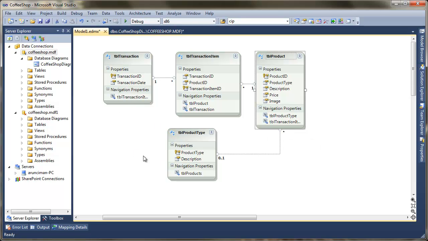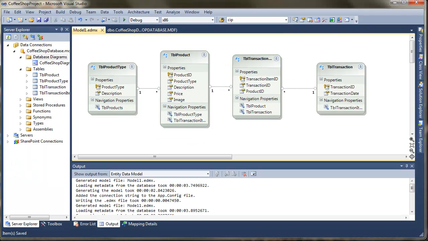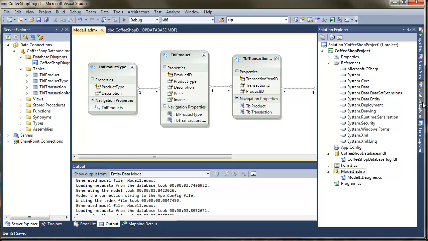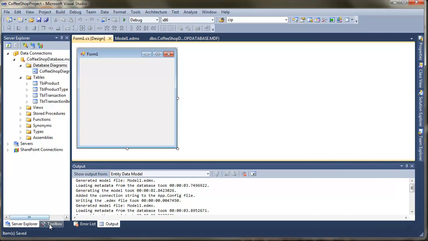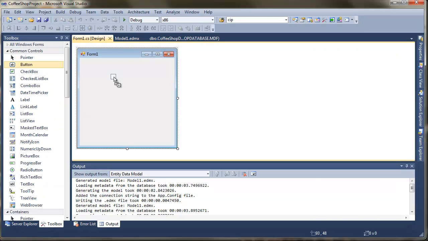Okay, now that you've created your entity model, I'm going to show you how simple it is to actually use the model within your various different classes. So I'm just going to go to my sample project here, and just for demonstration purposes open up the Solution Explorer, take Form 1, and drop a button onto that. I'm just going to use this really to launch some code